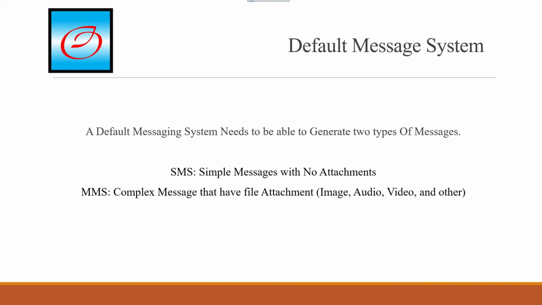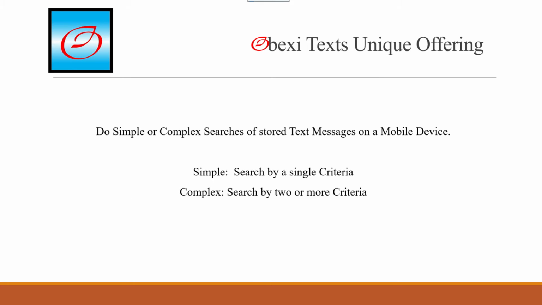Aside from being a default application, Obexi Texts provides enhanced search and review of stored text messages. Text messages are communications that contain information. Information in text messages can be harvested by scrolling through them or doing a basic, simple string search. Current text messages can only be searched by a single alphanumeric string, a simple search. That is to say, you can search the body of a text message for a specific alphanumeric string,